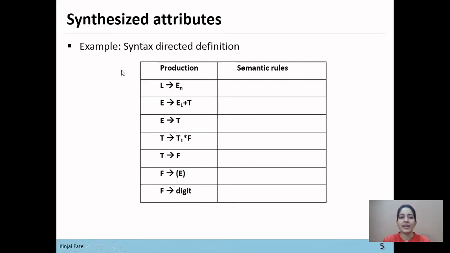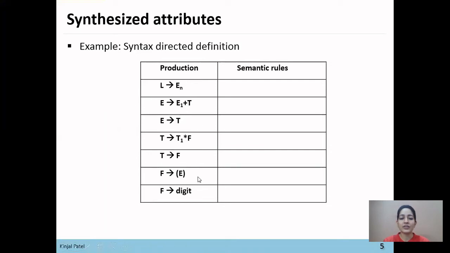Now the question is when to assign a synthesized attribute and when to assign an inherited attribute. If there are two consecutive non-terminals on the right-hand side of the grammar, then the second non-terminal will be assigned the inherited attribute only. And if there are terminal symbols between two non-terminals, or a non-terminal symbol between two terminal symbols, or a single non-terminal symbol, then we'll assign that non-terminal a synthesized attribute.